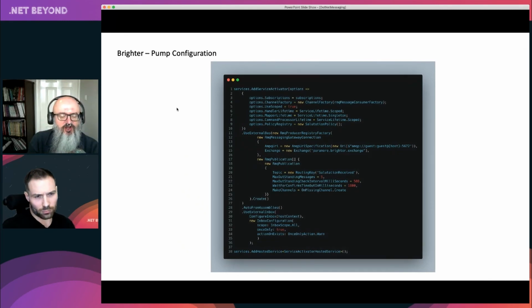But really, the line on 911 is an interesting one. We're saying when we send messages, we want to send them externally over this bus, which is provided by Rabbit. We do have an alternative of sending messages internally inside my app, but here we're saying send it externally. At line 28, auto from assemblies is just saying find all the handlers that I've got in my application and register them as targets for those messages that I'm receiving out there.